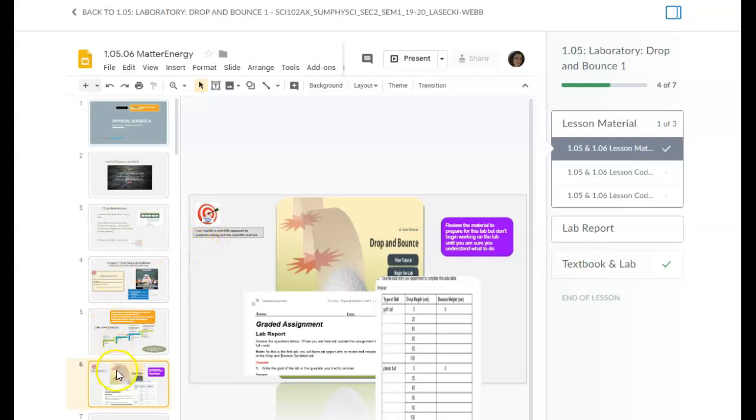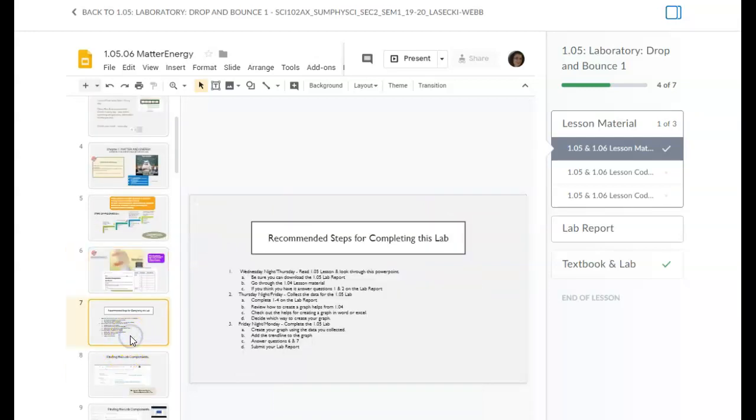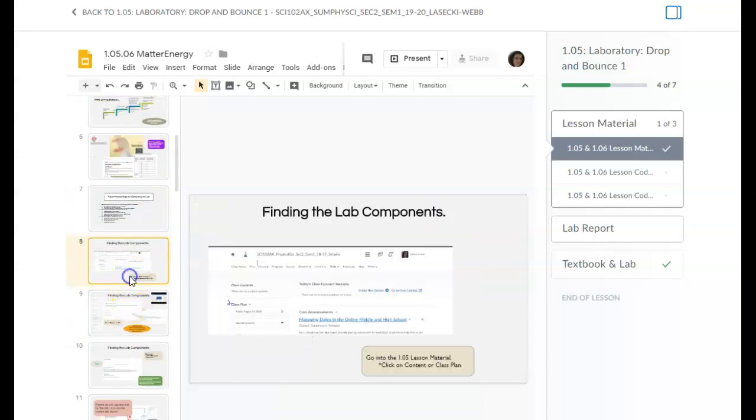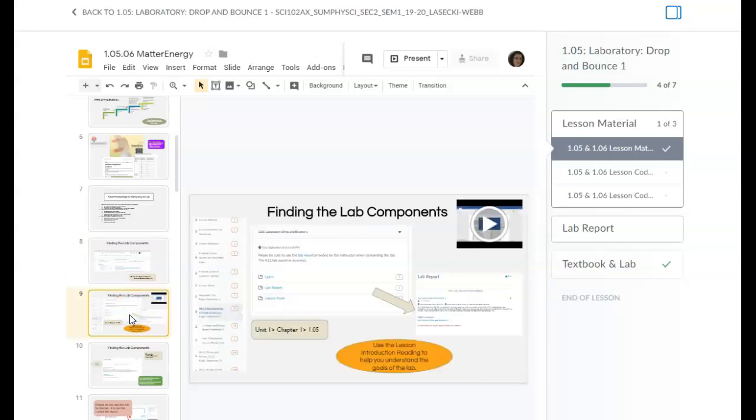If you go through each of these slides, it's going to give you steps and helps to, in this case, complete a lab. So you definitely want to pay very good attention to what you are doing. Now, because this is a lab and it's giving you instructions, you might want to go to the semester calendar or the announcement and open it up so you can have it side by side with you,